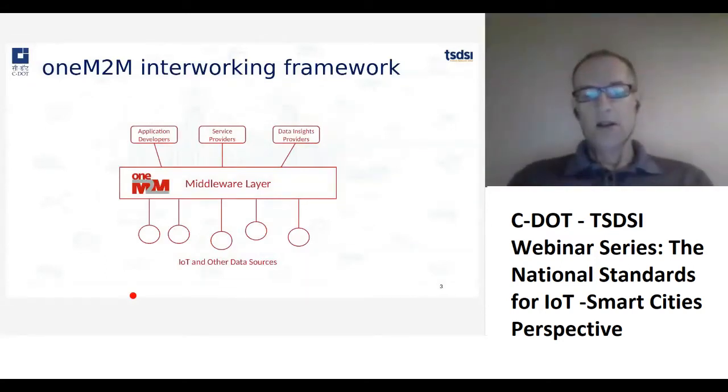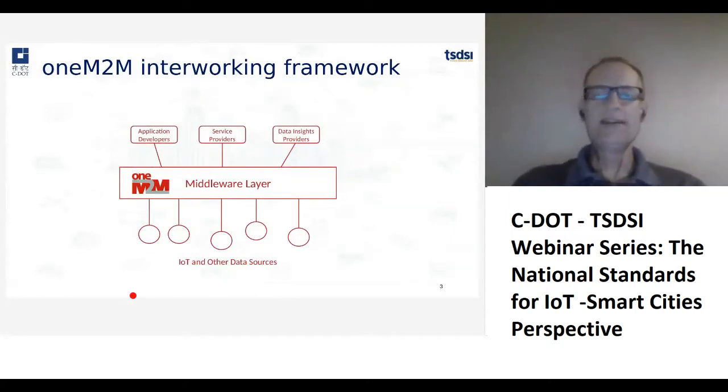So here on my first slide, what I'm showing is just the 1M2M standard and the service layer, the middleware layer, as we call it sometimes, and the different entities and stakeholders that are part of a typical IoT deployment. And the interworking aspect of the standard really touches upon all of these different stakeholders, whether it's the traditional IoT devices or data sources that we see at the bottom, typically feeding the data into the platform, or whether it's the application developers that are trying to interact with the devices, sample the data, or control the devices,